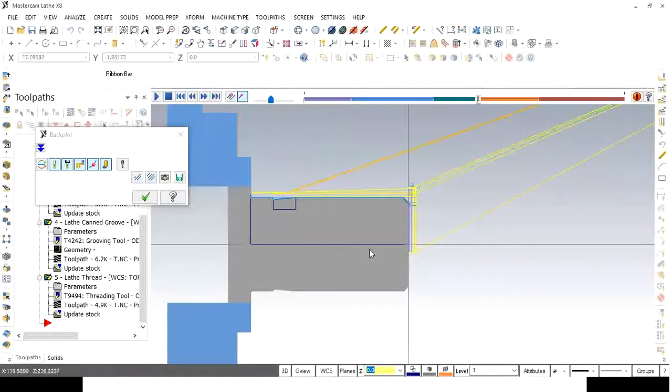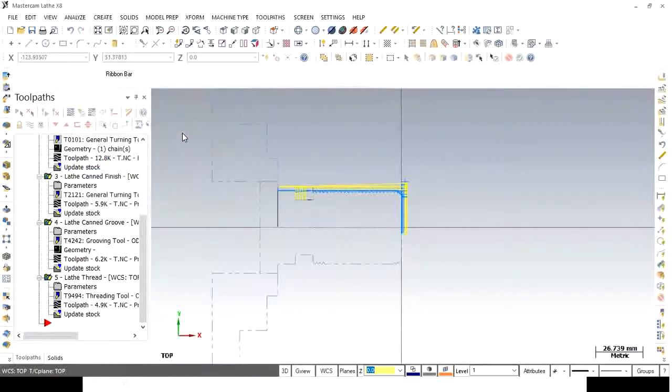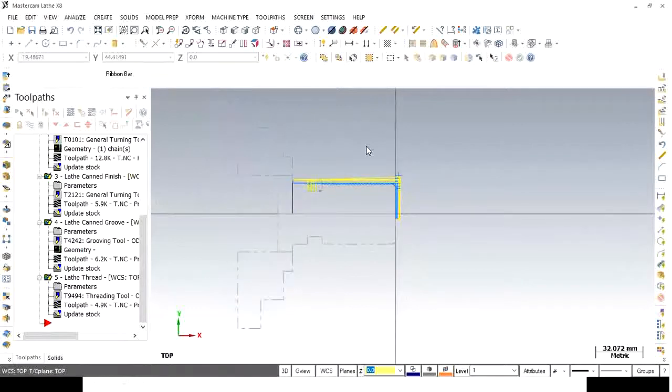The next one is the grooving operation. Next tool will become the grooving tool. Then the next operation is threading. So in this way, you can see whether all the operations are created correctly or not. So you can see the backplot operations. Now close this window. We are going to see the same operation simulation in 3D view.